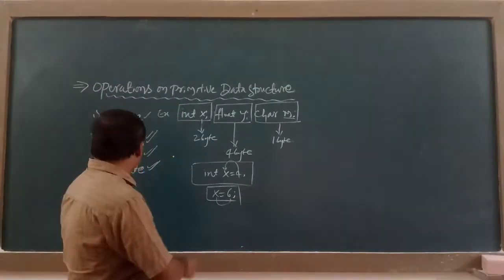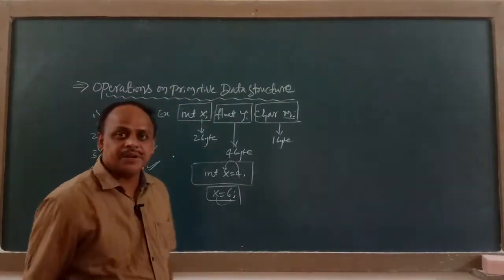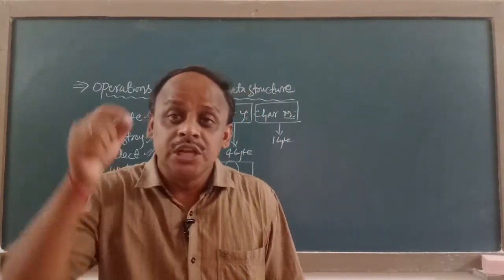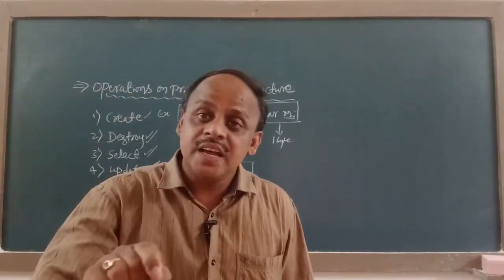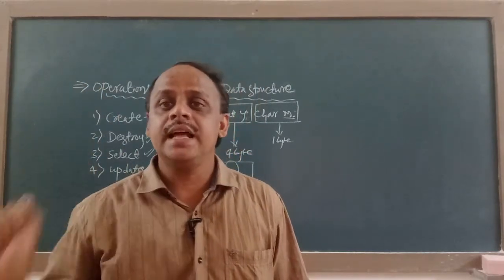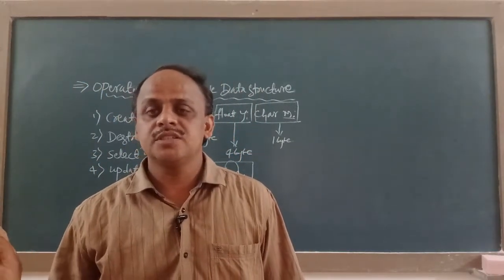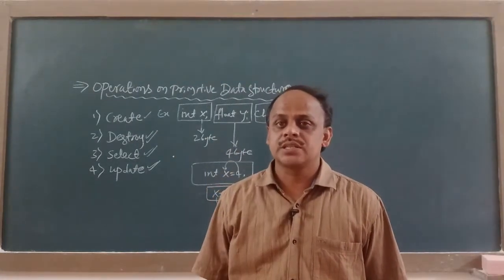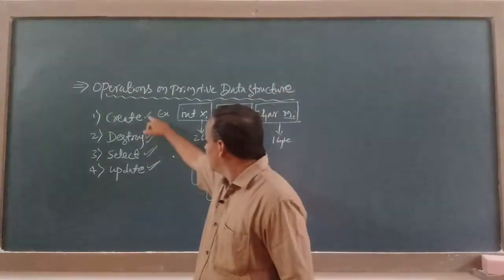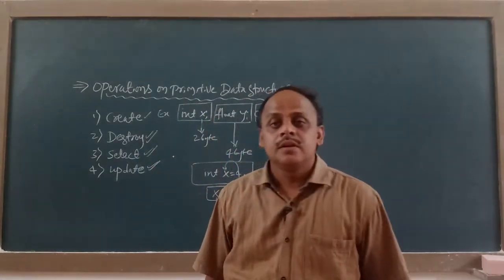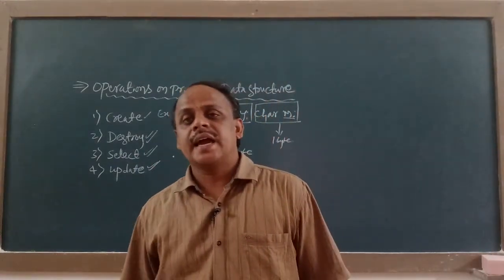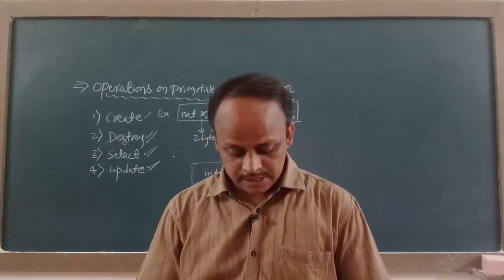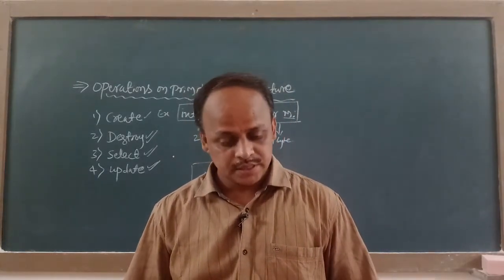So this update operation is going to change the data value of a data structure, right? So these four are the operations we can perform on primitive data structure, right? Now